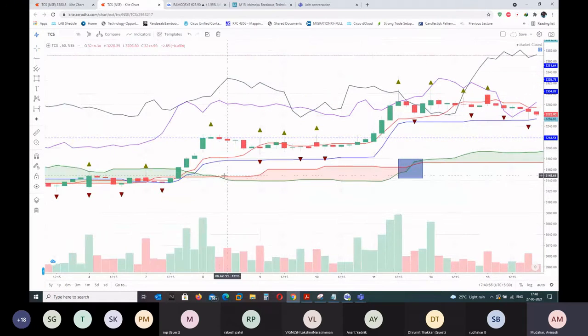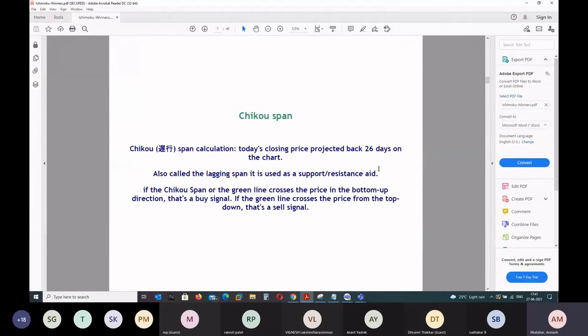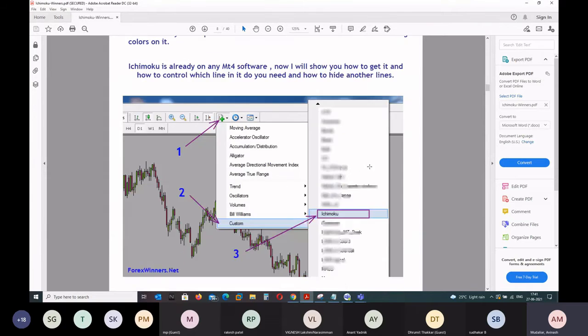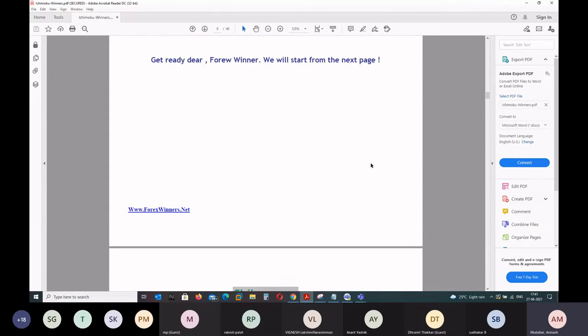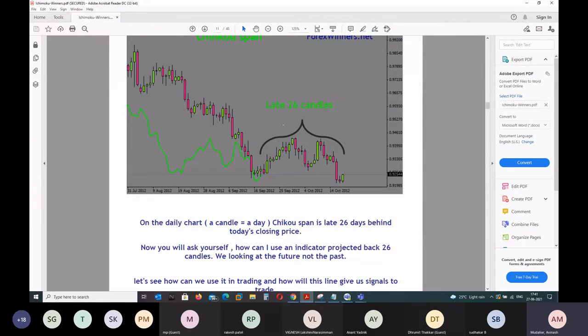So when it is below the span B, it will go red. That means the indication is bearish. These are just indications, and when the crossover of the cloud happens, that is called a Kumo twist. Okay. So any questions? Okay, I'll go forward then. Whatever I explained earlier, the same thing has been explained here.